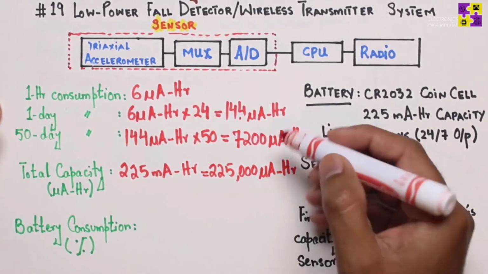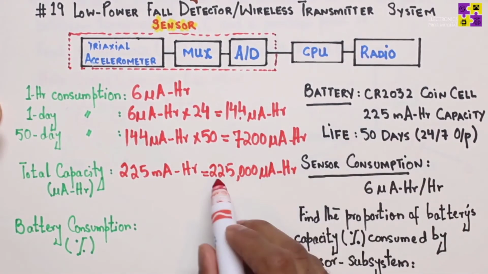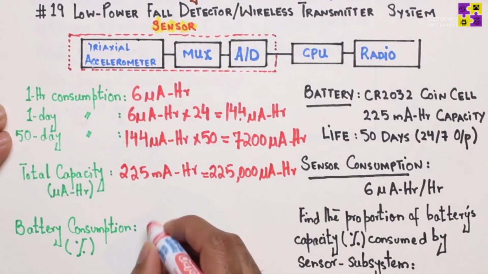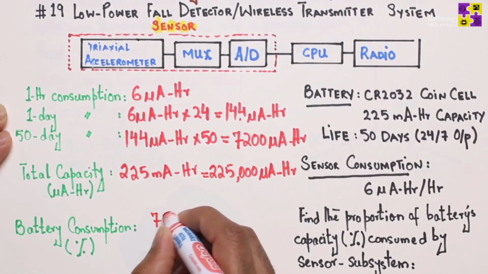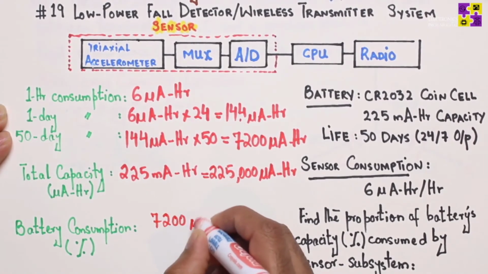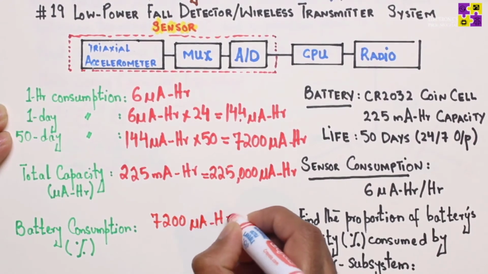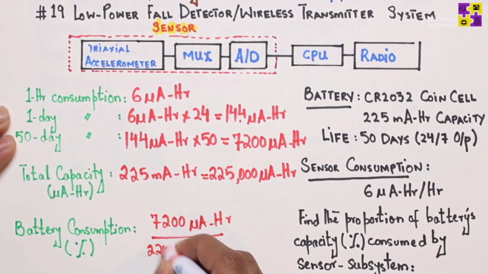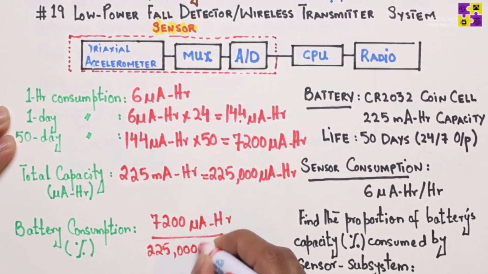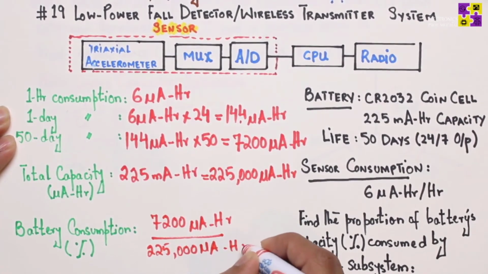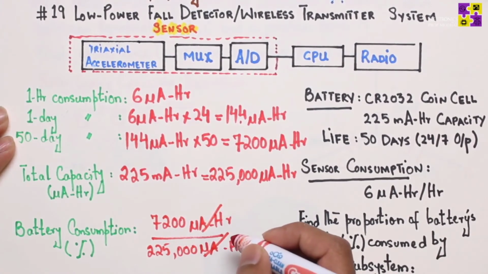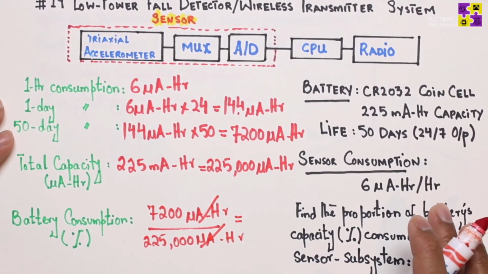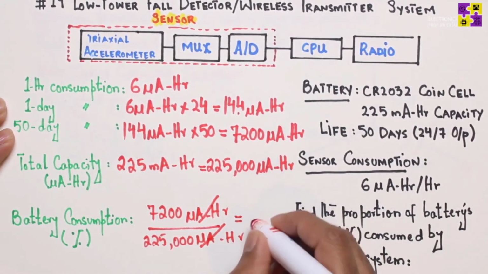And in order to find out the battery consumption by the sensory system right here, all I need to do is take a ratio of the two. Remember, this is gonna be in the numerator because this is the sensor system. 7200 microamp hour, and then the total capacity in microamps is 225,000 microamp hour. The units will cancel out, and if I do the math here, 7200 divided by 225,000, I basically get